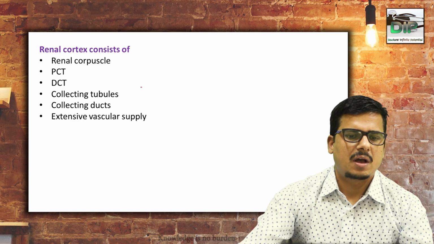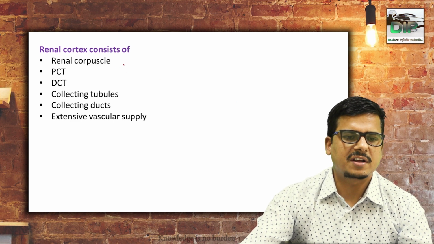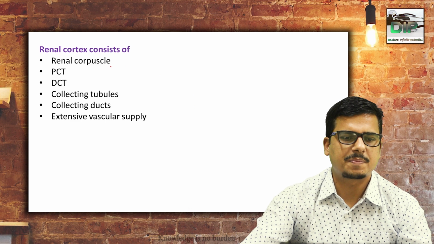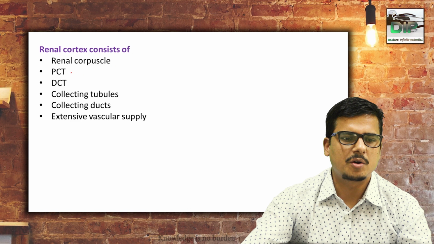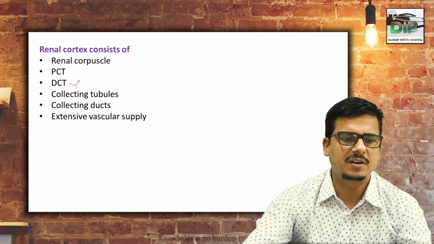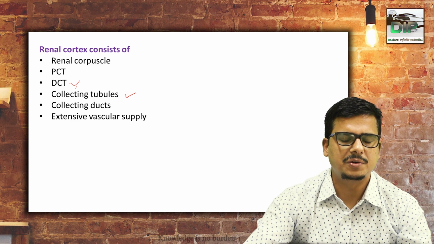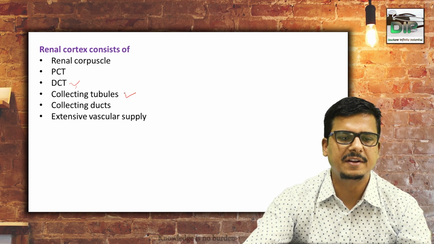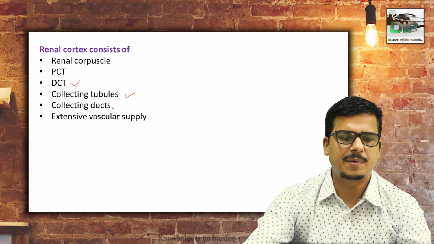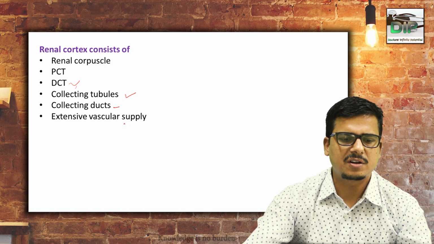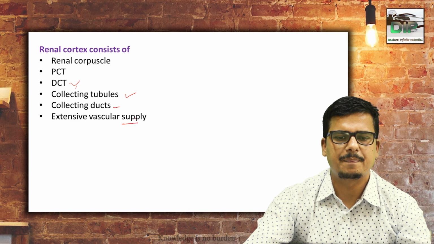Up to now, we know that the renal cortex is made up of renal corpuscles, which continue as different tubules like proximal convoluted tubules, distal convoluted tubules, and collecting tubules, which combined we call the nephrons, the functional and structural unit of the kidney. Each kidney consists of about 1 to 1.5 million nephrons. Finally they form the collecting duct, which opens into the tip of the renal pyramid, and the cortex is rich in vascular supply.